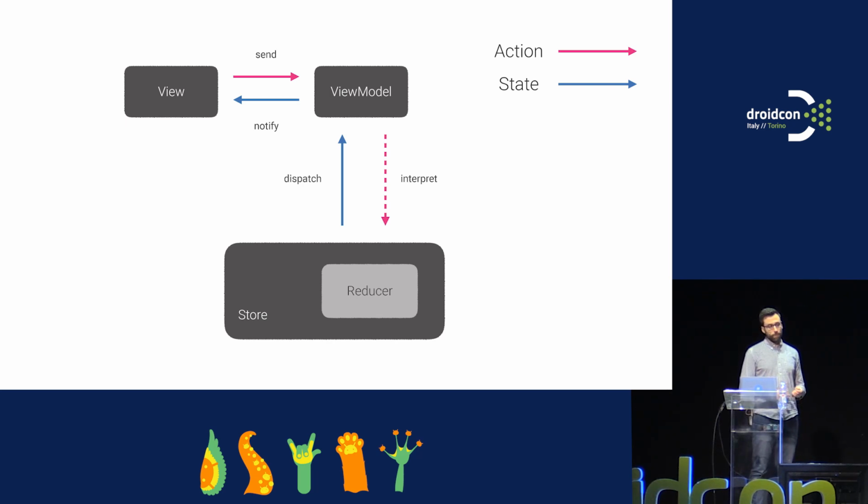We'll send it back to the view model, which will make sure it notifies everyone who's interested in that new state, so they can take care of it and display the information on screen, or react to the events that come from that state. That is the essence of how this flow works. The idea is it starts in one place, goes to the end of your business logic, and then comes back in a new state. It's very simple.